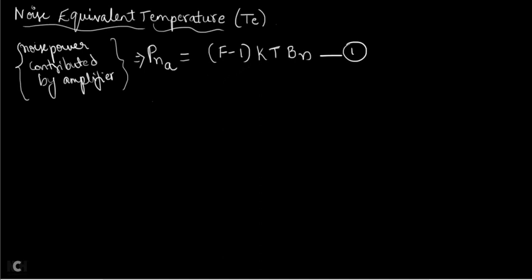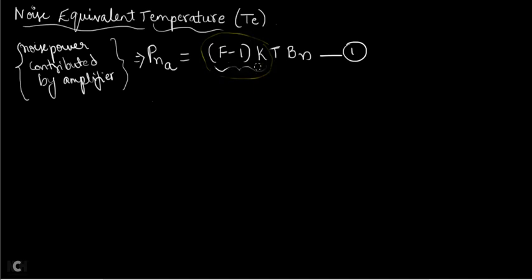Now what is F? F is a noise factor. F minus 1 is a constant. So F minus 1 into K, what can that term be called? You cannot call that anything, because K is a Boltzmann constant. Constant into constant will again be a constant. So I cannot group like that, correct? You cannot group it like F minus 1 into K, because K is also constant, and noise factor is also constant,